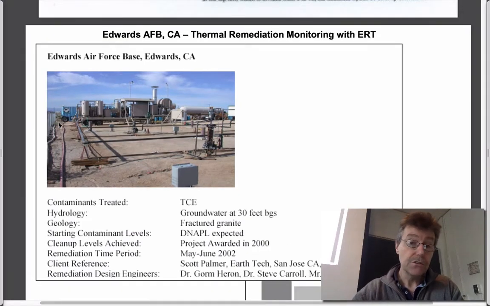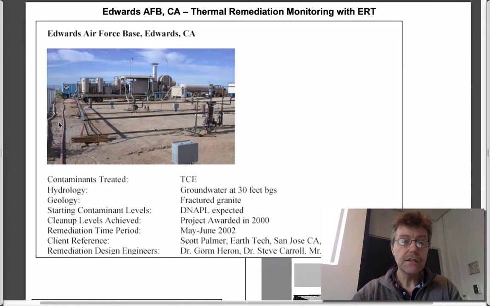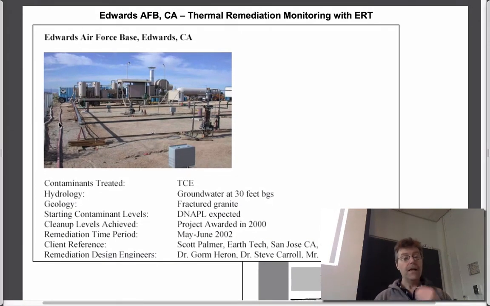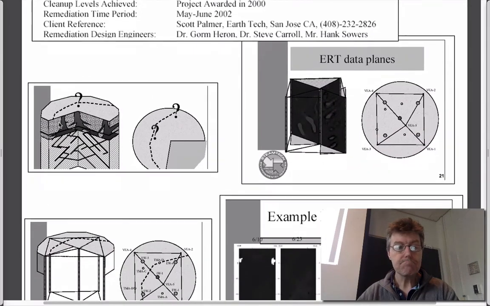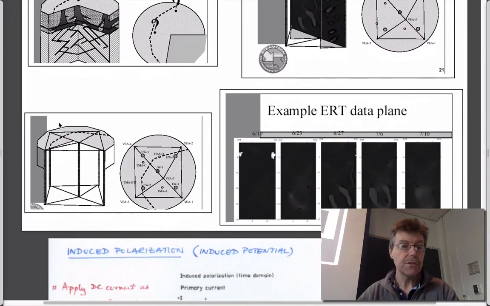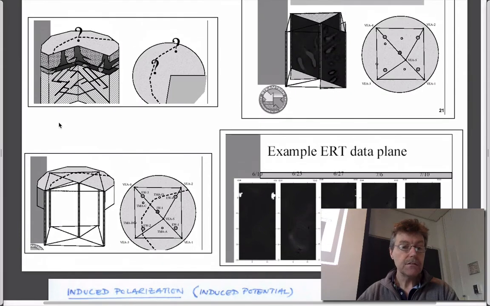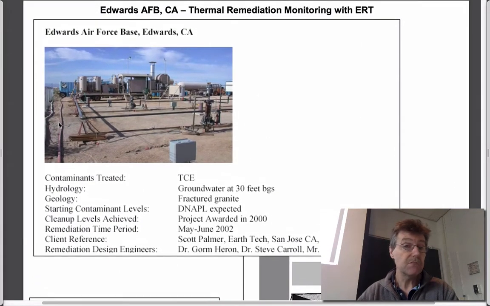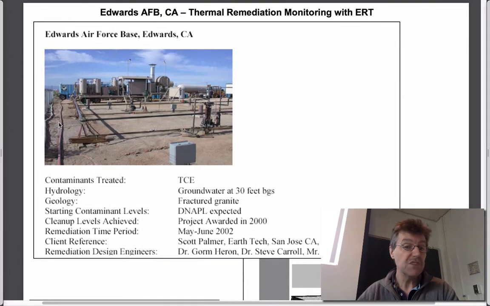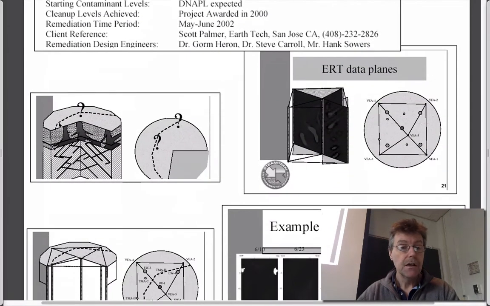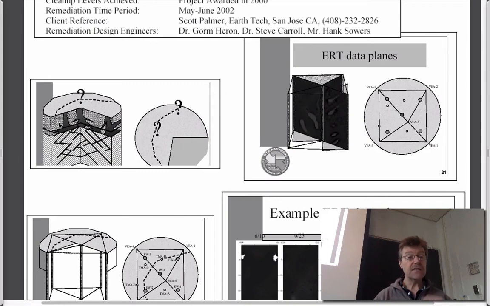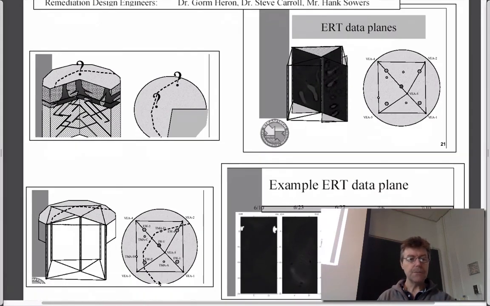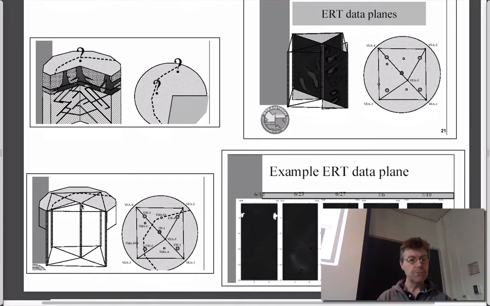Another way to do it is to use it in tomography. I guess there is a picture here, good enough. This is a site which has been pegged for remediation. It's got DNAPLs in it, and you can't really see much from the surface. It's a fractured rock site. And I think what they've tried to do here is put in the subsurface, probably the central borehole here,